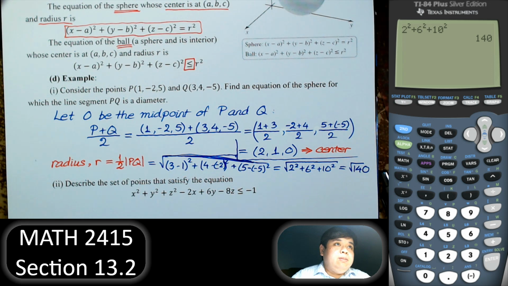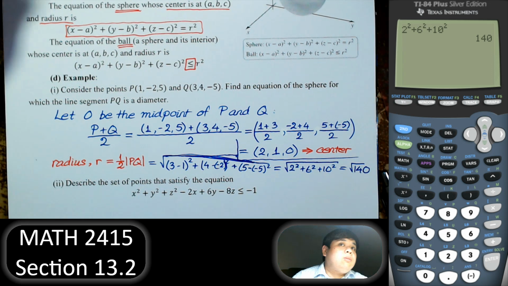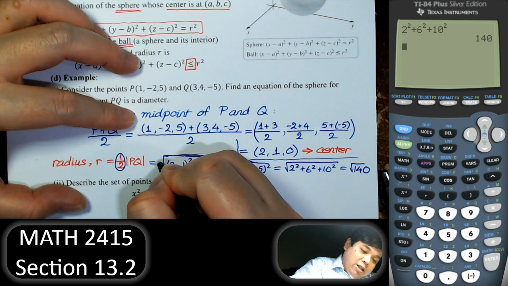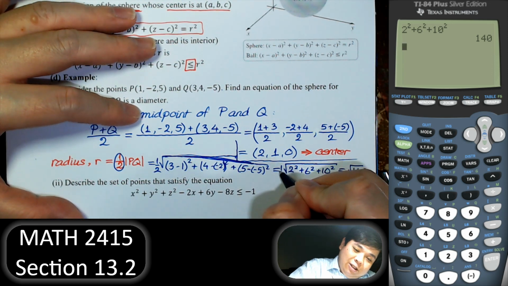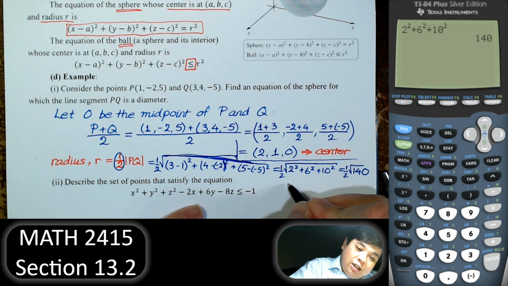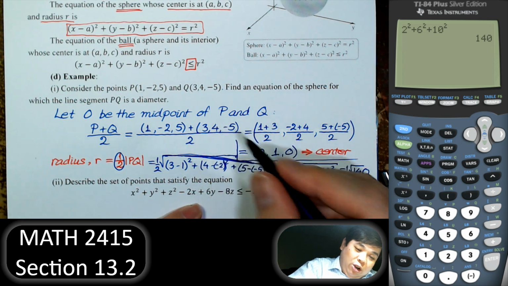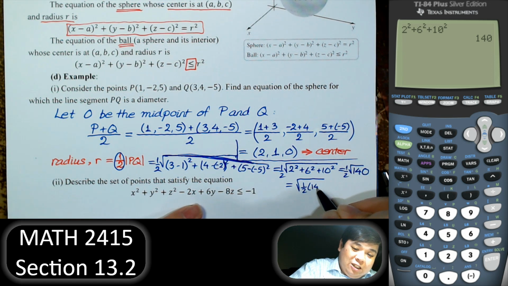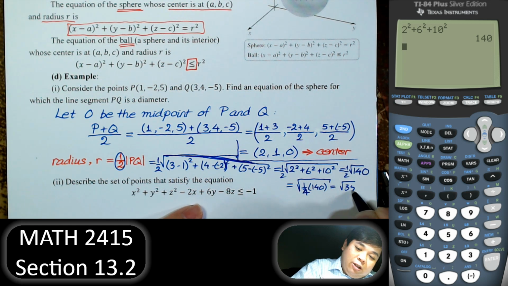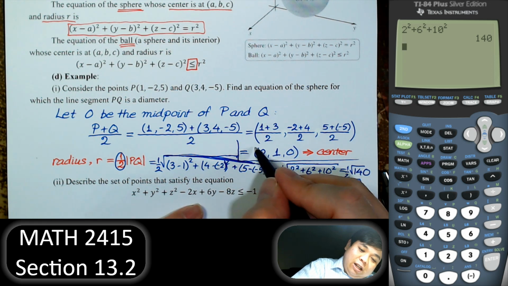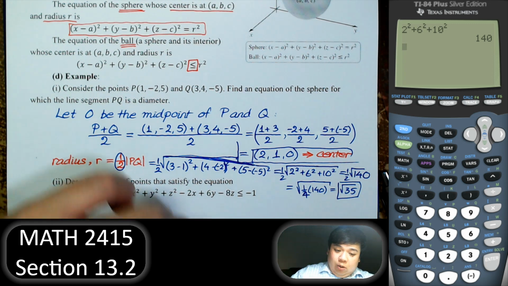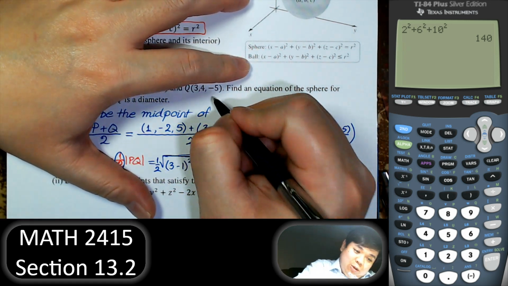Right. Of course, it's not right. Don't forget, we talk about the radius, so that's 1/2. If we bring the 1/2 inside of 140, either I have to have more space or I have to write smaller. 1/2 brought inside becomes 1/4, and we have square root of 35. So this is the radius and this is the center. So the equation, I have to write that here. So it's going to be